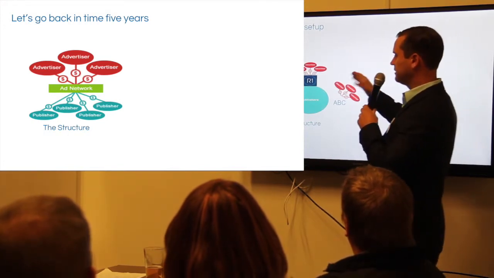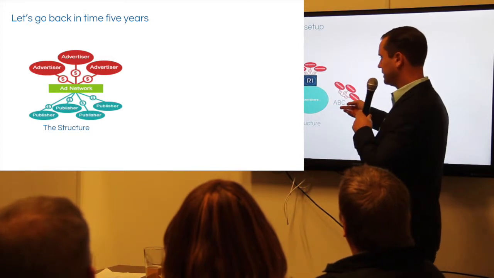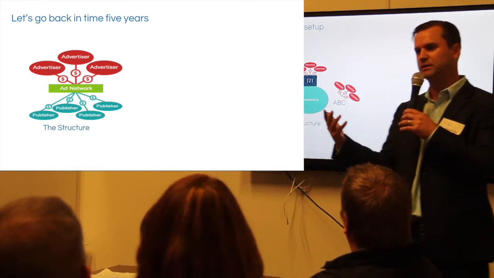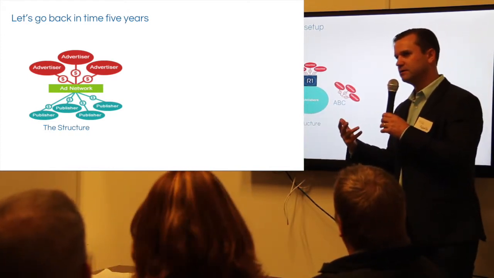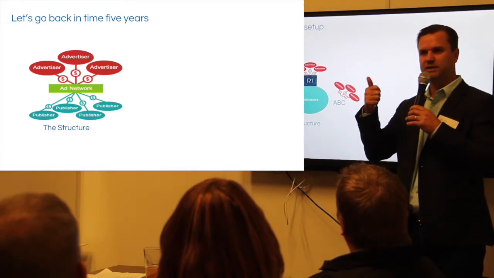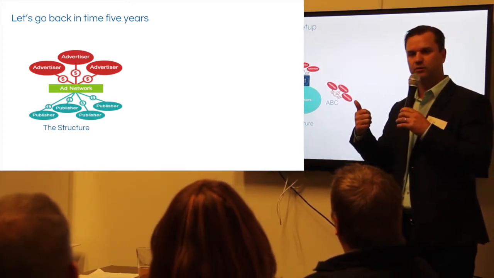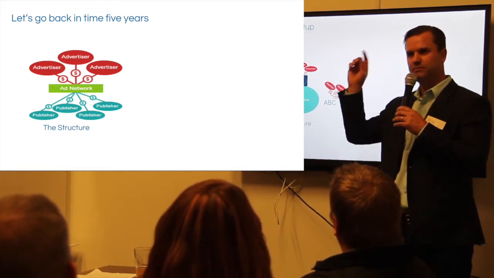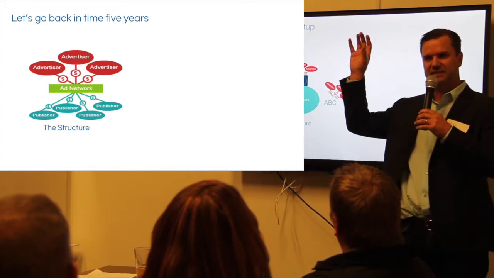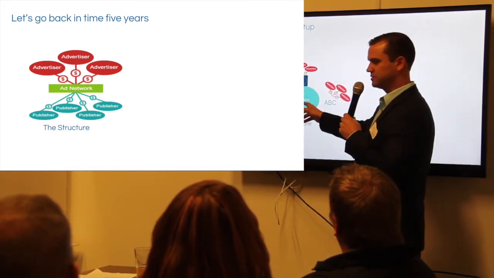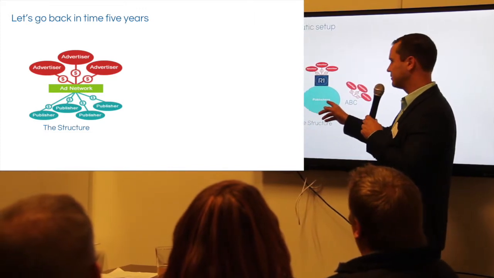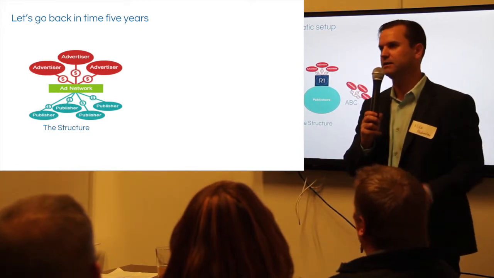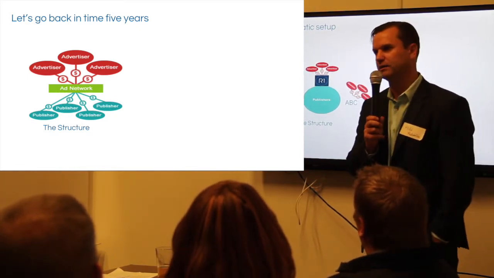So the differentiation that RadiumOne or company ABC or company XYZ is bringing to the table, ourselves and our competition, is really twofold. We're bringing, hopefully, in most cases, different data to the table so that we're looking at different data signals out there, and those can be a variety of different signals, and making decisions on a different seed pool of data to find users in this huge pile of inventory. And then it's also our technology. And so it's data and technology that make companies like us stand out from one another.